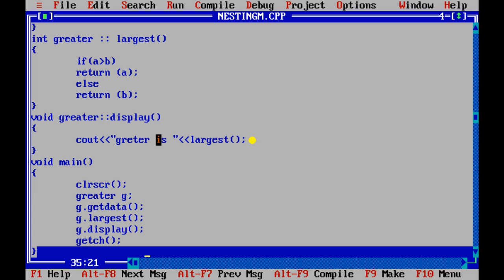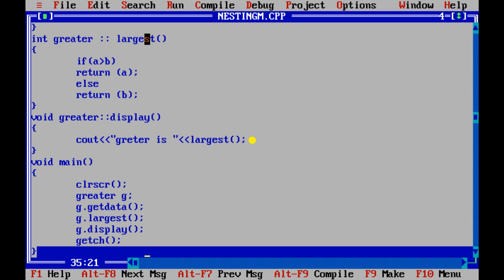When we access the display function through the object and dot operator, whatever statements we have written will be performed. It will call the largest function. Whatever value is returned, that value will be printed, because we have written cout here. Cout means print.